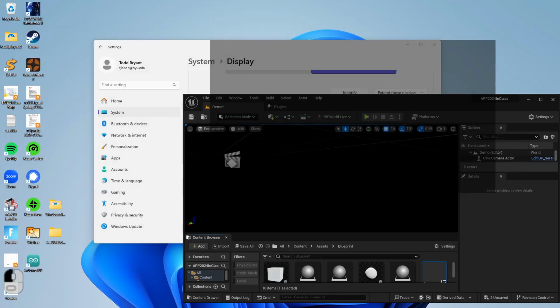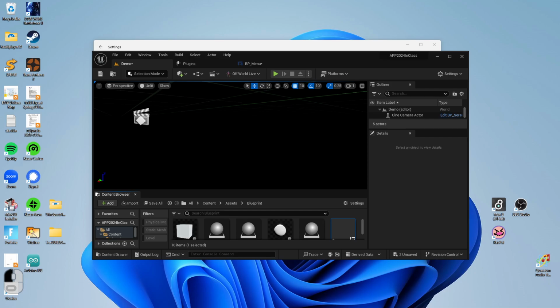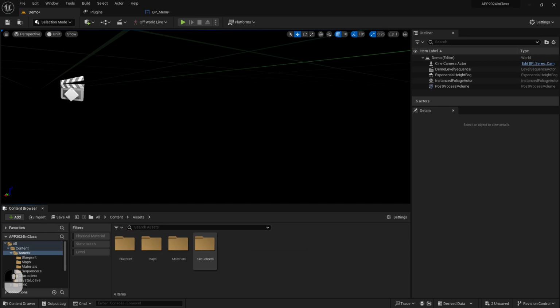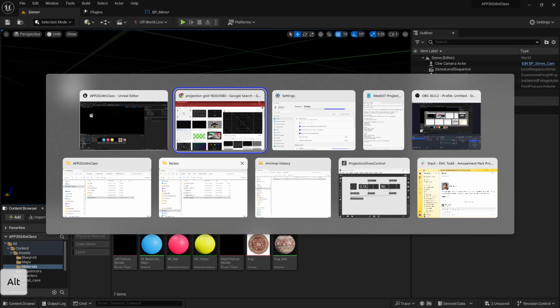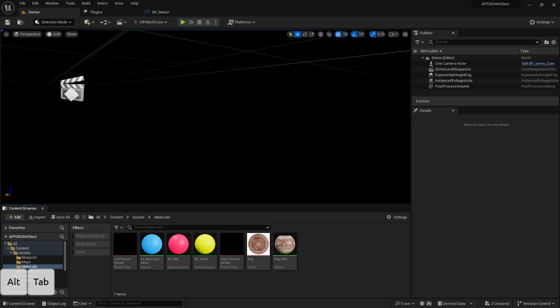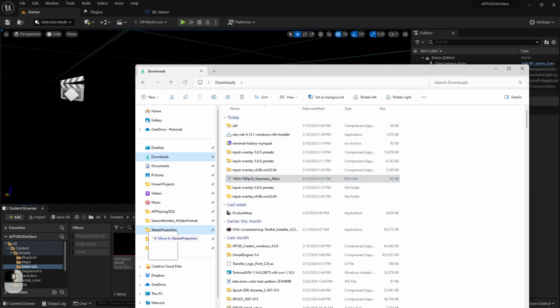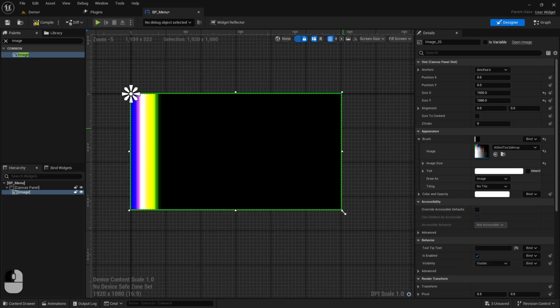So now, let's dock this. And then in my content browser, I have a folder for materials. I usually put textures and materials there for right now. You can make a separate folder for textures if you're making a lot of your own custom textures, but otherwise, I find that to be an unnecessary extra step. So I'm just going into my downloads, finding that image, uploading it. Great. And so now back in my menu,